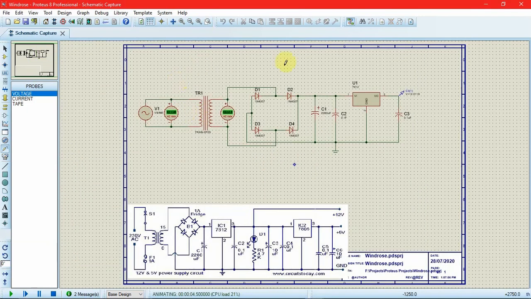So this is how the single regulated power supply works. So if we want to add another regulator ahead, like 5 volts over here, all we have to do is repeat this part of the circuit. So what I'll do is I'll stop the simulation,